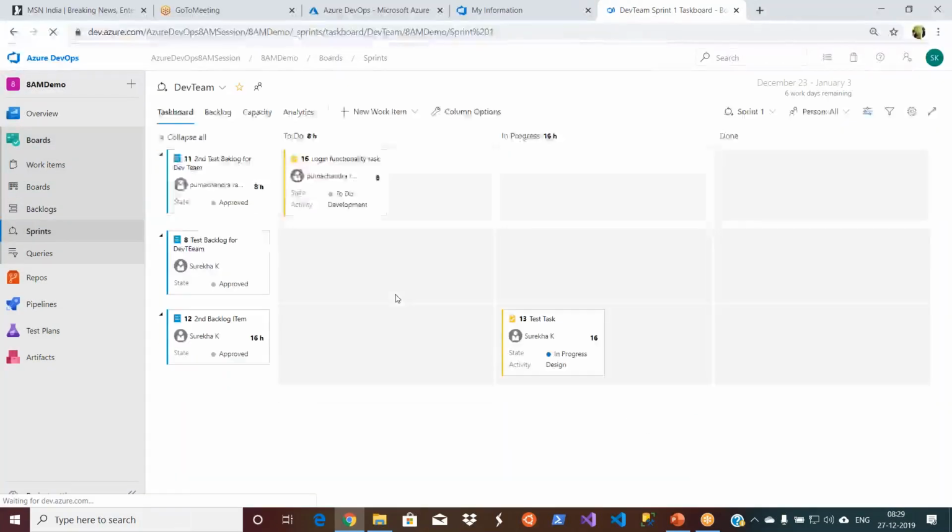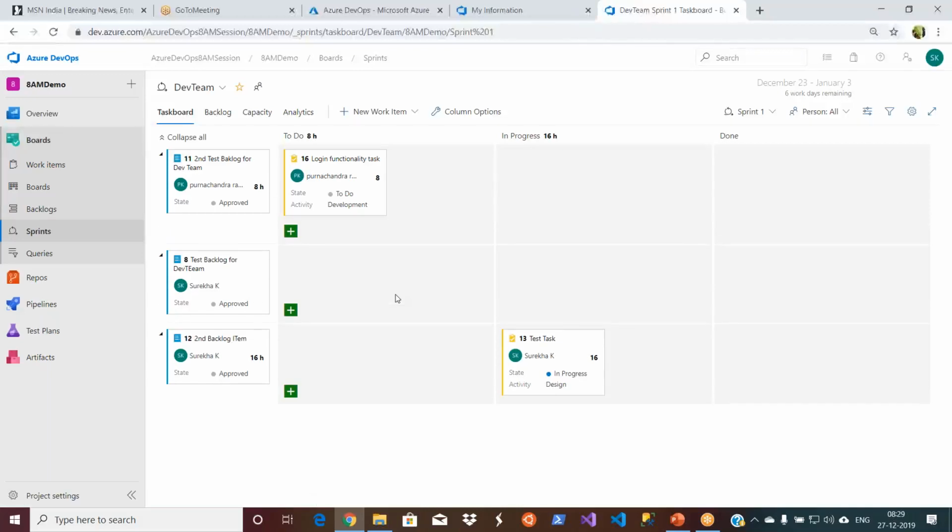It is refreshing. You see, now the activity is also being displayed here. So likewise, of course, this is a board, right? You don't want to have multiple options available there. You just keep what is most important to you actually. Otherwise it will become very clumsy. Since it is only one activity I see here, it is okay. But if you are having 10, right, everything will be cluttered and you can't see it actually. But I'm just showing how you can customize it.